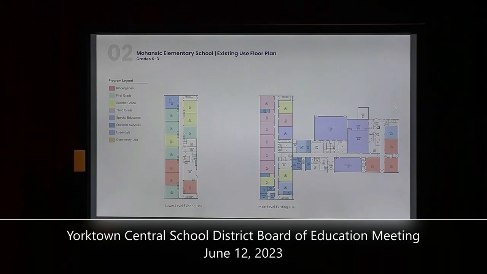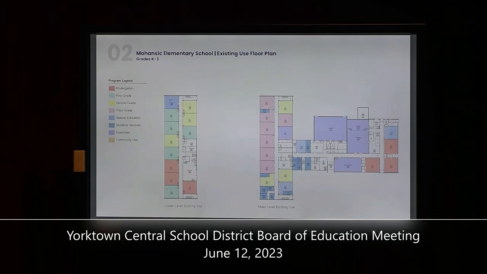And so I think what you can see in this diagram is, for most of you I assume know, it's a 2-story building, a bar on the left side, and then a single-story building on the right side, which is where the entrance is. The entrance is flanked by the library. To the right of the library, you'll see there are 3 kindergarten classrooms, and then the other 3 kindergarten classrooms are on the lower level of the bar, on the complete opposite side of the building. And again, I think in this case, the library, I believe, had been another kindergarten classroom, but was renovated to